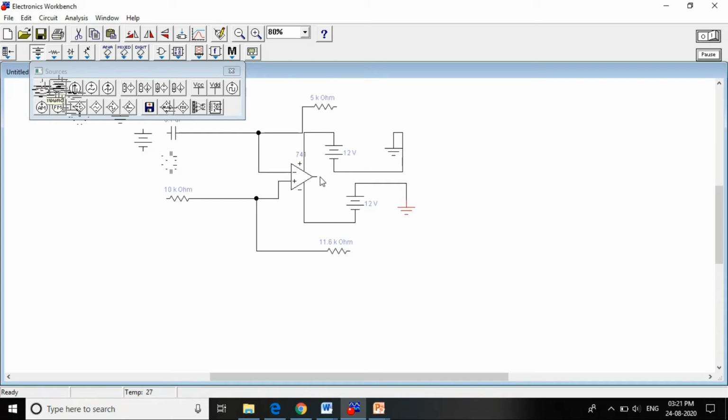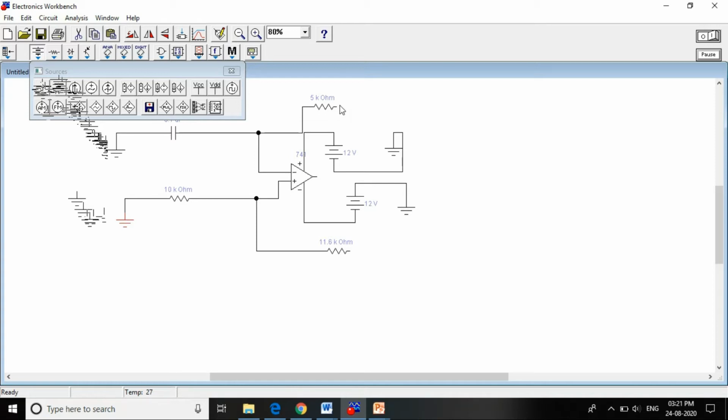Then we need to ground this capacitor. So one more ground we need and this resistor. So we need two more ground symbols. So it is all we are doing based on the circuit connections. Okay. So then connect this to a ground, then connect this to the ground. Okay. Next, what about this? So where it has to go?